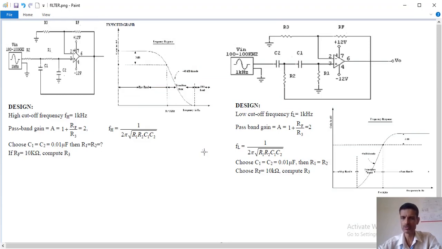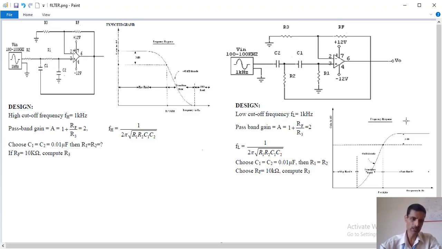A low pass filter allows only the signals, all the frequencies, up to the cutoff frequency. As you can see in this characteristic curve, we have the highest gain, or output voltage is maximum, up to the cutoff frequency here. This is the cutoff frequency, 1 kilohertz, for which this circuit is designed, and above the cutoff frequency the gain drops, or the output voltage drops. That means all the frequencies above the cutoff frequency are disallowed, blocked, or filtered by the circuit called a filter, a low pass filter. So only low frequencies, starting from say 0 hertz to the cutoff frequency of 1 kilohertz, are passed.